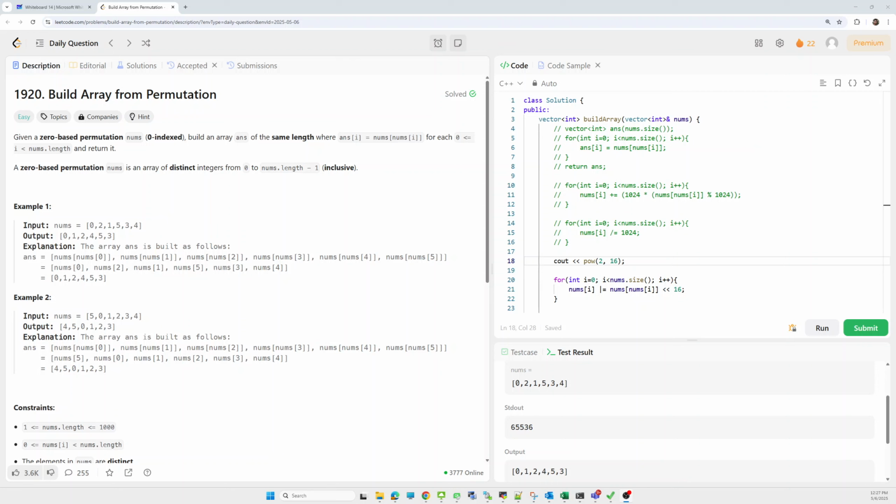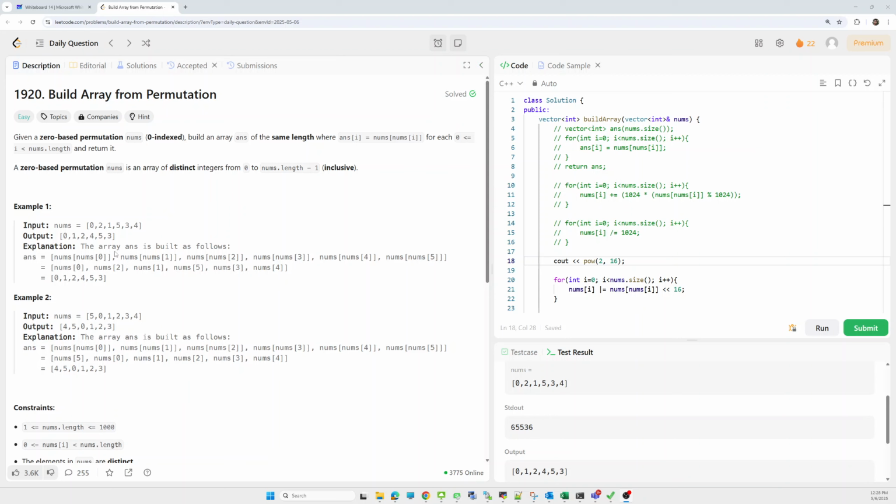Hello, welcome back. Let's look into today's problem statement: we have to build an array from permutation, meaning we have to build one permutation from the given array. What will be the permutation? We are given an array, and from that array we have to build an answer array of the same length, and the answer of i should be nums of i. Whatever index the current element is pointing to, that value we have to put on the ith element.